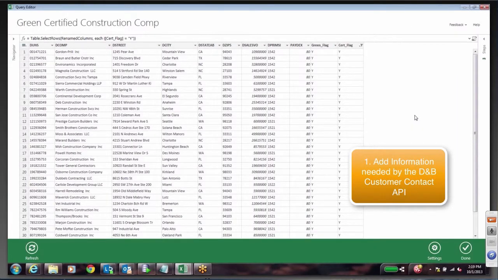So in this demo, Devin is going to work with our enriched list of construction companies. You may remember from the previous demo, these are construction companies that are in the 5 targeted states that have sales of more than $5 million, that pay their bills on time, and that are green certified. Now what he's going to do here is work in PowerQuery,